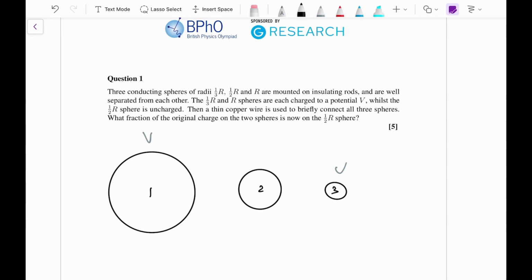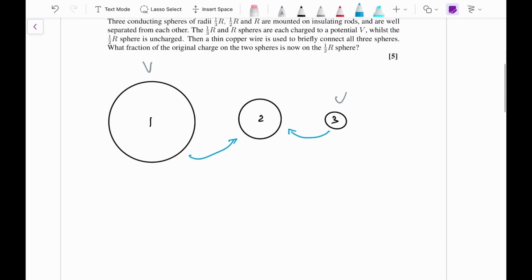Now the idea is that once they're connected to each other, charge will flow from the first and third sphere to the second sphere. And then the principle is that this system will reach equilibrium when the three spheres all have the same potential. In this case, the question wants to calculate the fraction of the original charge on the two spheres. So I suppose that is the total charge initially that is transferred to the second sphere. So to start,